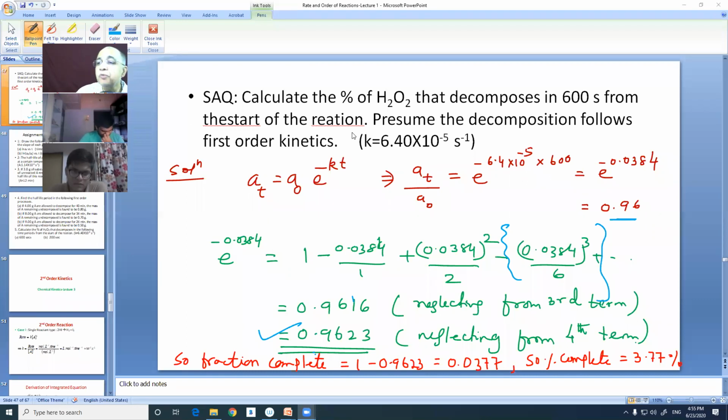Even if the number of half-life periods is not a whole number, it's a fraction, then you can use the power series expansion of e to the power x and get the most correct answer by taking at the most three terms, at the worst two terms. Two terms you have to take, one minus something. It will definitely be minus, because e to the power minus kt means the second term will definitely be minus. The fraction will definitely be less than 1.